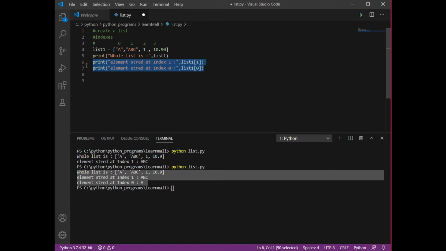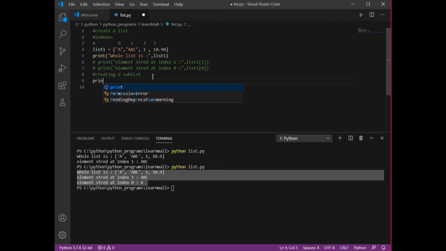But if I want to display more than one element using a single statement, how can I do that? I'm going to make these lines comments. Now I'm going to write a comment, creating a sublist. When I'm saying sublist, your sublist can contain 0 elements, 1, 2, 3, any number of elements. We have already discussed how we can display one particular element by mentioning that index. But if you want to have more than one element in your sublist, then what you can do?